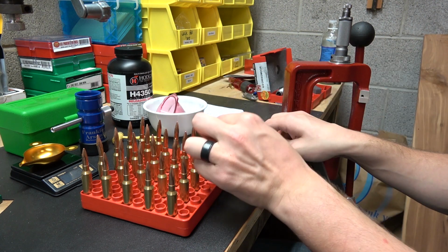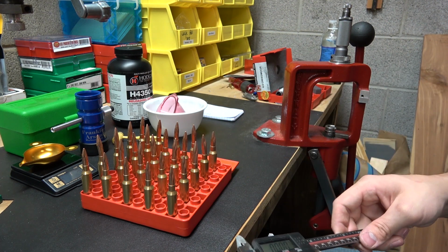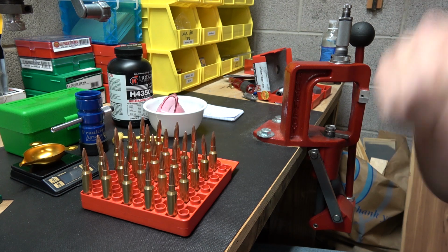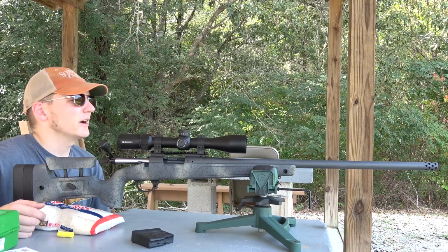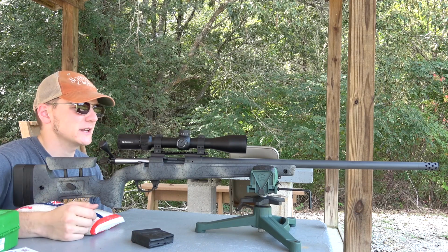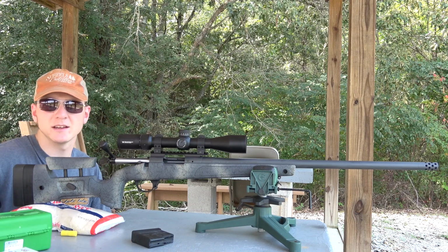2.745, so no change there. All right, I will go ahead and seat the rest of these bullets here, and we will get out and shoot them. All right, we are out here on the range, and we are about to shoot the load workup